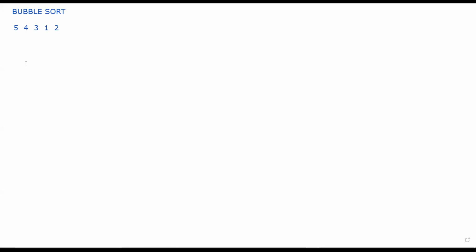Now for that particular iteration, I need to have two for loops. Always remember, when you are dealing with bubble sort, you will be having two for loops, one with the i variable, one with the j variable. And in that for loop, I'm going to have some conditions. I'm going to do the sorting inside that for loop.